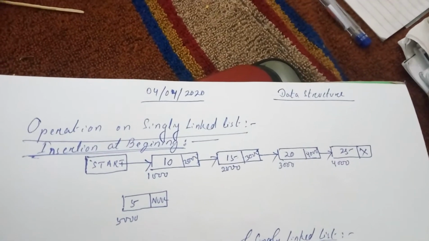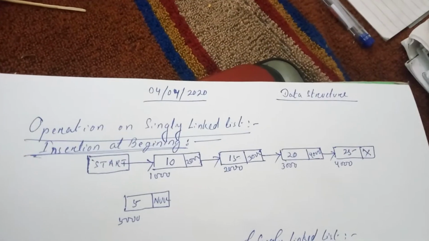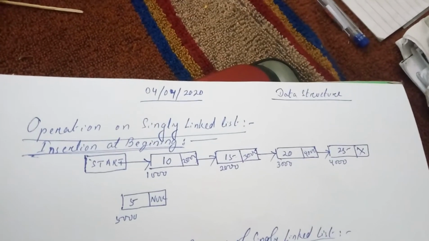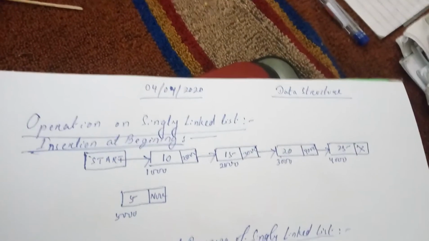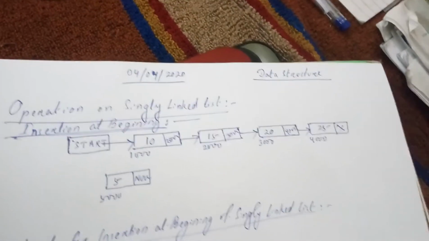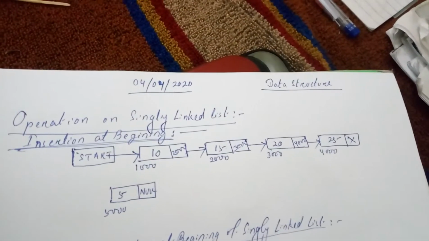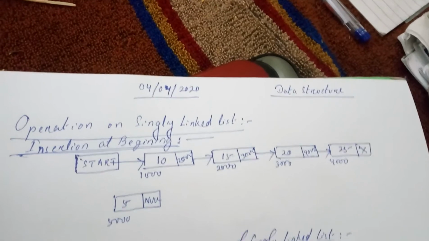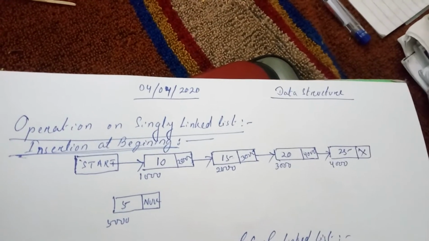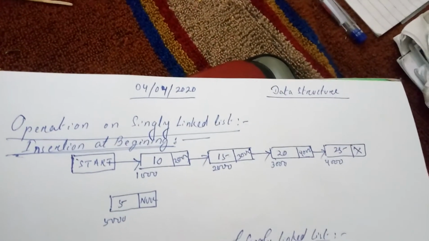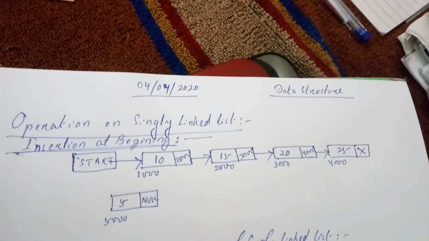If the structure variable is a simple variable, you use the dot operator, and if the structure variable is a pointer variable, you can give the values by using the arrow operator. So here the structure variable is a pointer because you are creating the memory dynamically. So here you have to give the value by using the arrow operator.